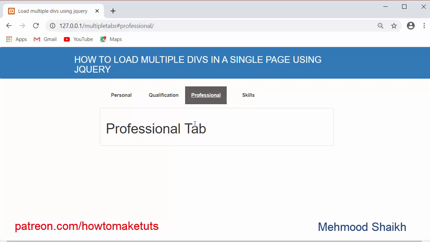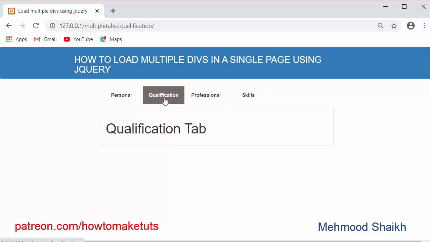Normally, whenever we see a tab system or this kind of navigation system, whenever we click on any of the tabs, a different page will get loaded, which takes time. So now here, instead of loading different pages for different tabs, what I have done is I'm loading various views in a single page. As a result, our views or the content will get loaded easily and with a faster pace. Now as you can see here, it's so quick.